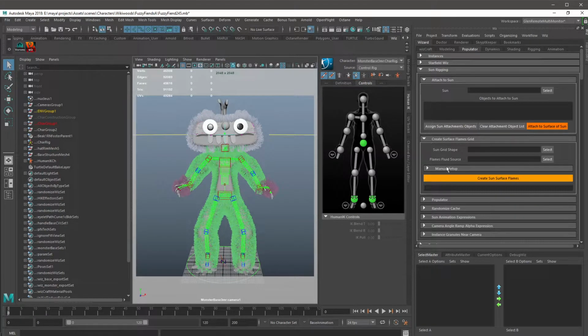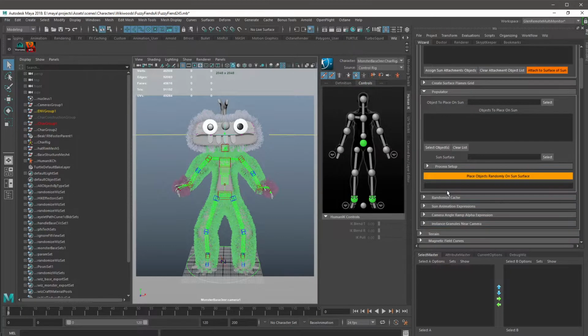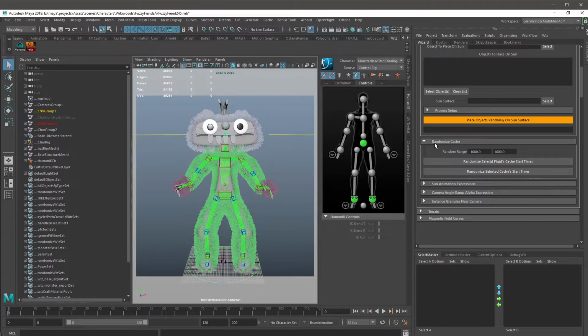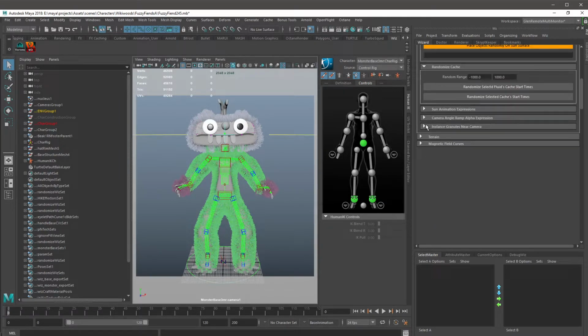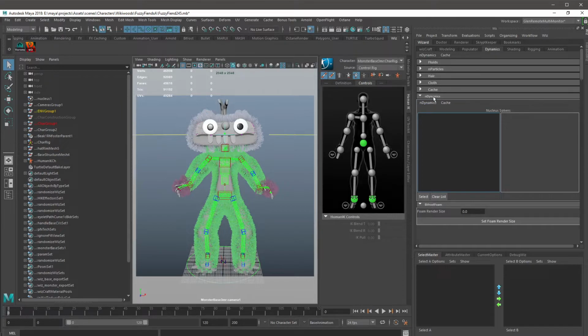So I wrote a bunch of scripts to populate the sun with these triangular shaped fluid fields. There's a lot of functions that I designed for creating those triangular fluid fields, doing falloff,